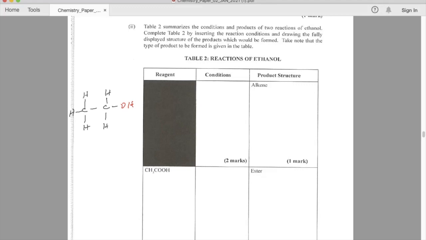So if we're going to get an alkene from this, well, we know that the first member of the alkene series has 2 carbons. So the only alkene that we could get from this is ethene. And essentially what I'm doing outside of the table, we don't necessarily need it, but I like to show where things are coming from. So what we've pretty much done here would have removed water. So it means that the conditions necessary would be those that represent a